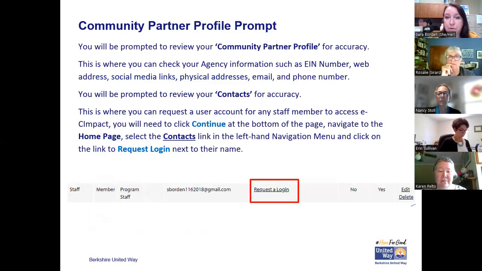For the community partner profile prompt, once you're logging in, you'll be prompted to review your information. So this will be at the agency level where you can review information such as your EIN number, your web address, social media links, physical address, email, and phone number. And then once you review that information and you feel comfortable that it's accurate, you can click continue